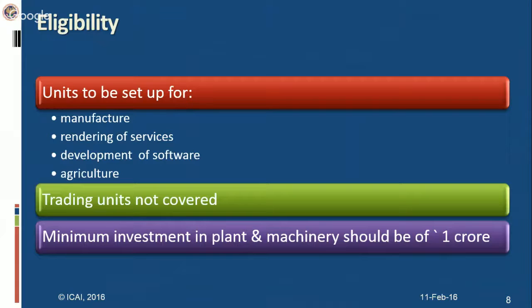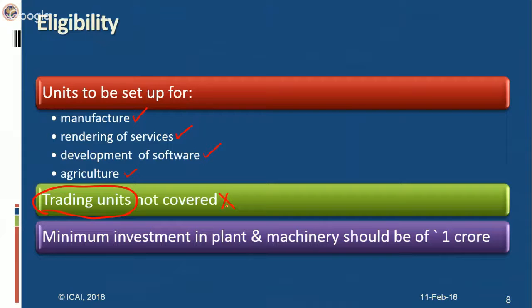Which type of units are eligible for EOU? The units which are set up for manufacture, so either it can be a manufacturing unit or a service unit, or engaged in development of software or agriculture. So for these purposes, you can set up an EOU unit. But trading units are not covered. If your unit is a trading unit that only purchases goods and sells them directly, then that will not be allowed under